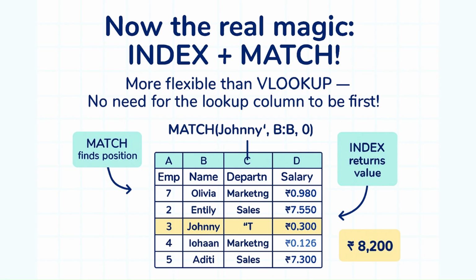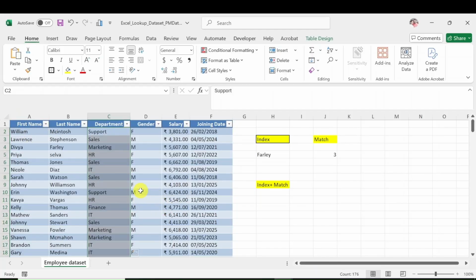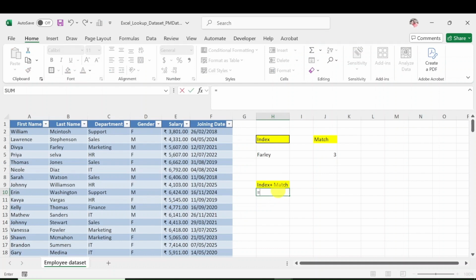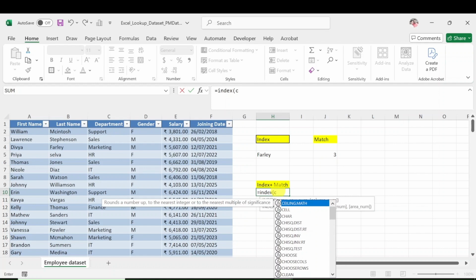Now, the real magic. INDEX and MATCH together. This combo is more flexible than VLOOKUP and doesn't need the lookup column to be first. Suppose you want to find a department by searching for a name, but the name is not in the first column, so VLOOKUP won't work. That time, we use INDEX and MATCH together. For example, you want to find the employee department using the employee name, but the employee name is not in the first column. Formula equals INDEX(C2:C76, MATCH(